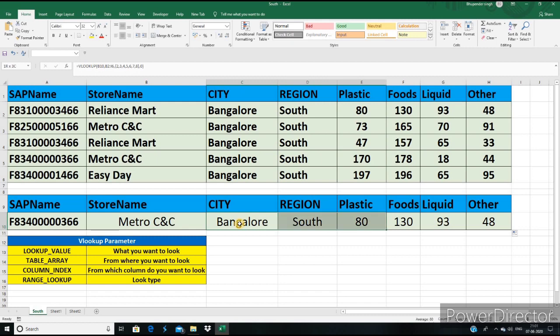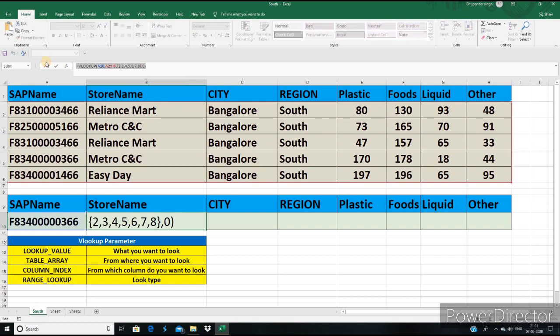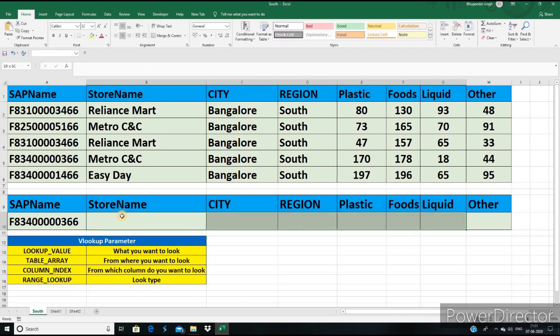So what you need to do is delete all of this. Let's copy the formula so that we don't have to type it again and again. Delete this, and again select the complete range where you want to show your answer.